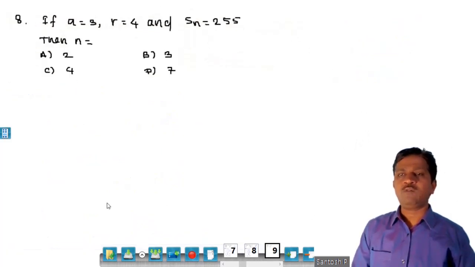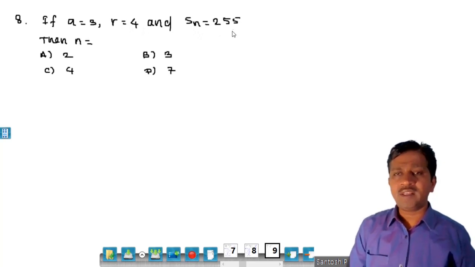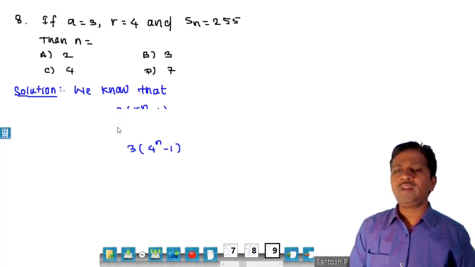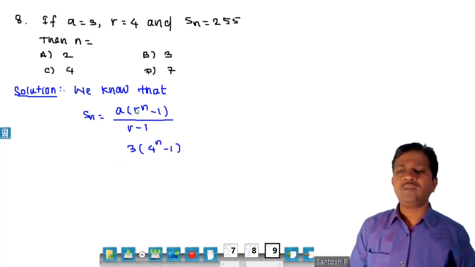Let us move further to the 8th example. It is very easy. A is given, R is given, and Sn, that is the sum of n terms, is given, and we have to find the value of n. I will use just the formula for Sn. The sum of n terms is given by this formula: A into R raised to n minus 1, upon R minus 1. So by putting